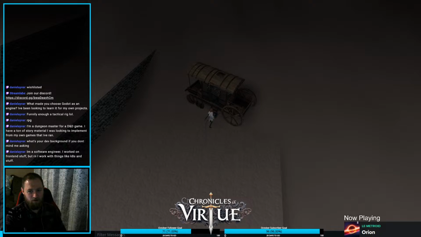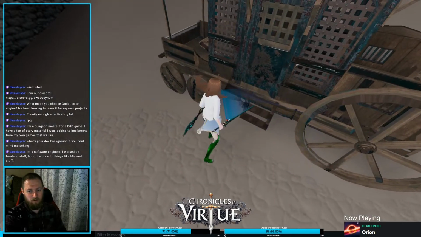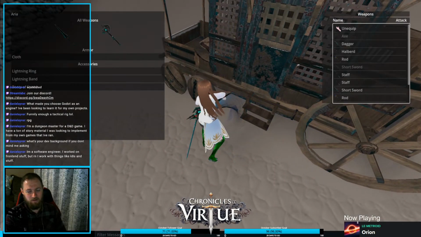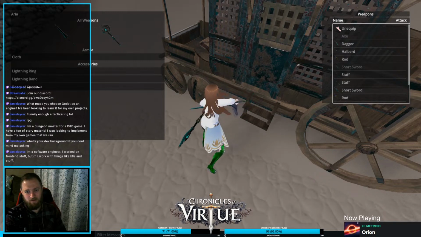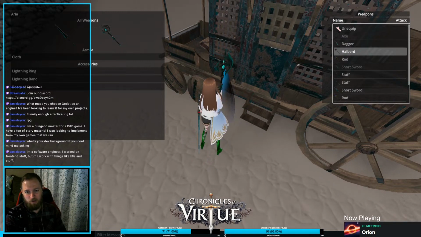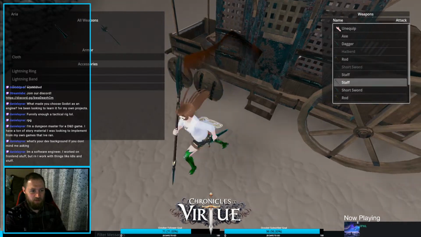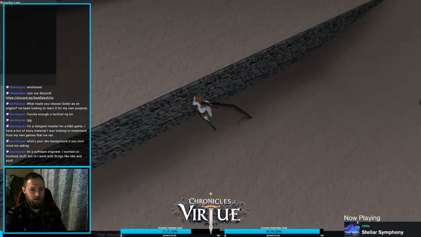So you can come over here. I've got the sword. Maybe I want to keep the sword, but I don't want the axe, and you can do that in here too, right? So maybe instead of the axe, I want a halberd, right? So you go switch out for the halberd, and then you go over here, and you can go into, oh